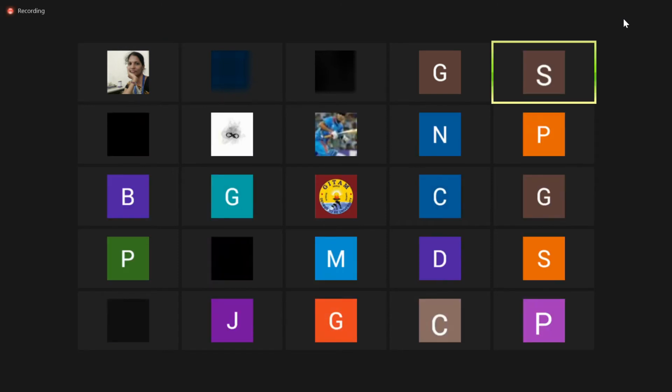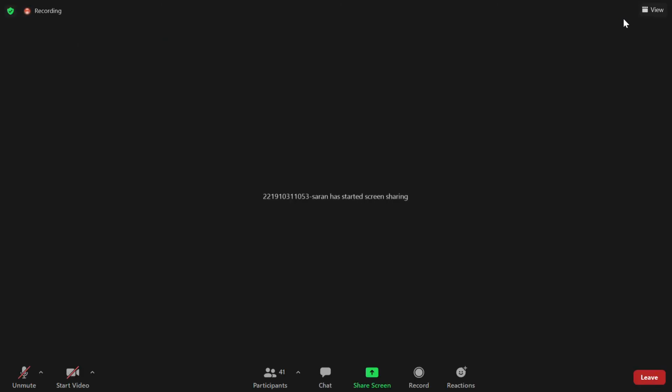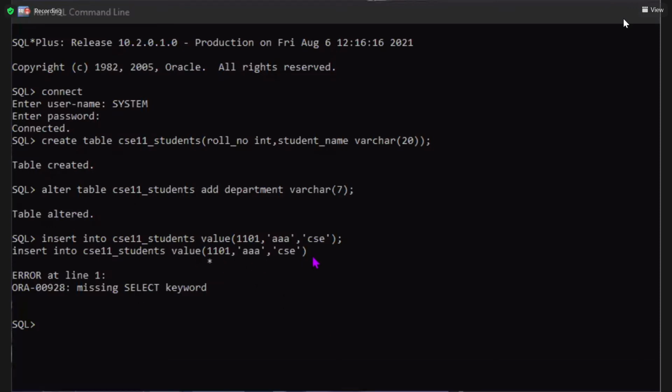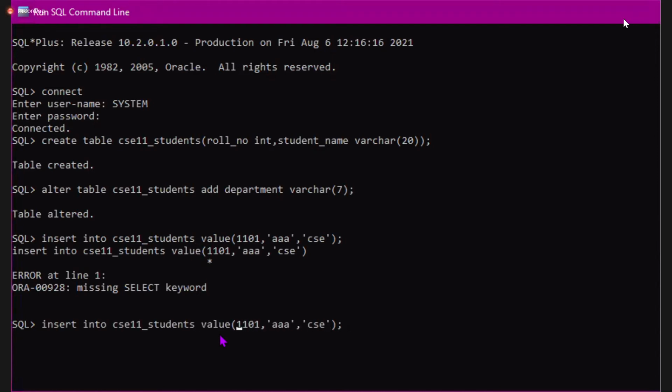Here, ma'am. If I do insert into CS11 values roll number, AA, CSC department, it says something is wrong, select keyword is missing. Values. Okay.